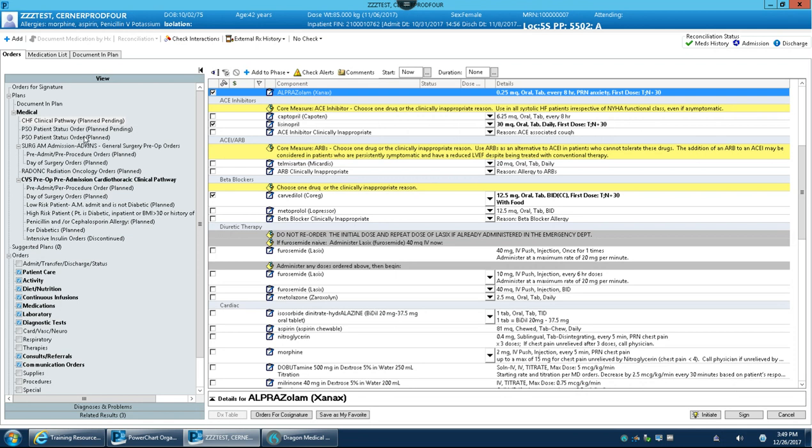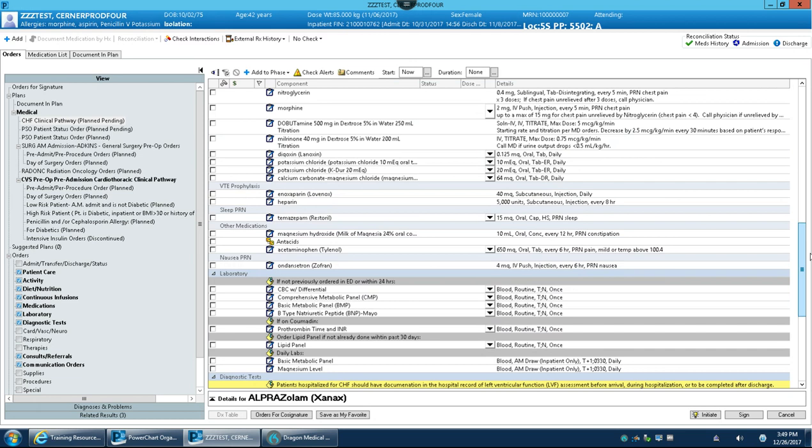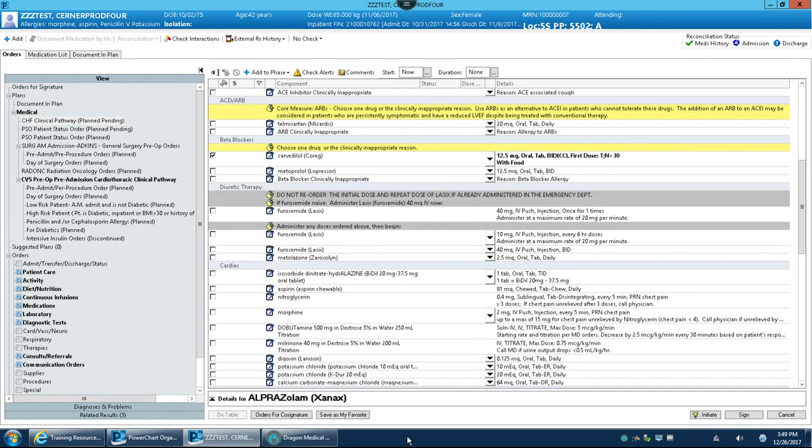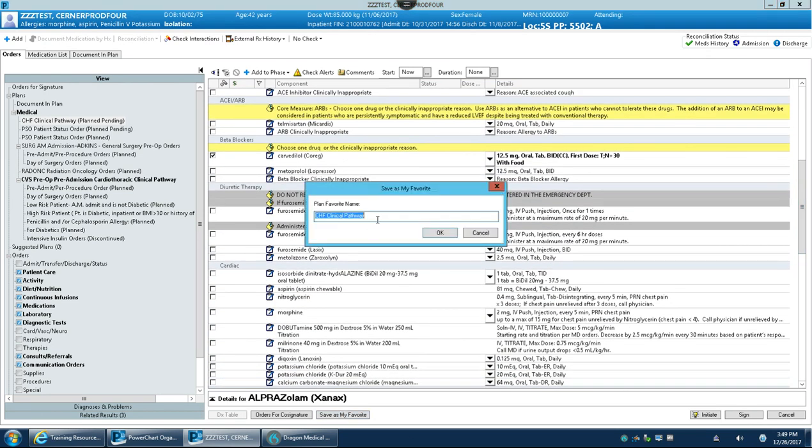A planned order, like this one that someone else had done at some other time when they were playing with it, this order has already been signed. But these are the two orders that I made. They're both planned pending. So once I get this order where I want it, let's say it's something I've worked on and I like my choices and I want to save it, I can do a save as my favorite and put,